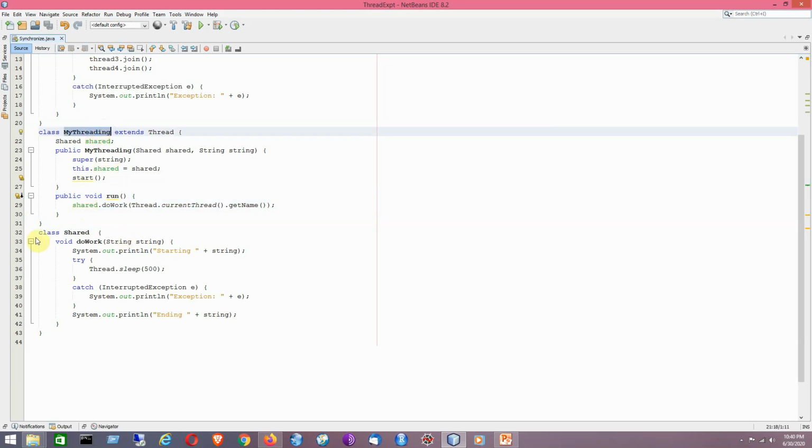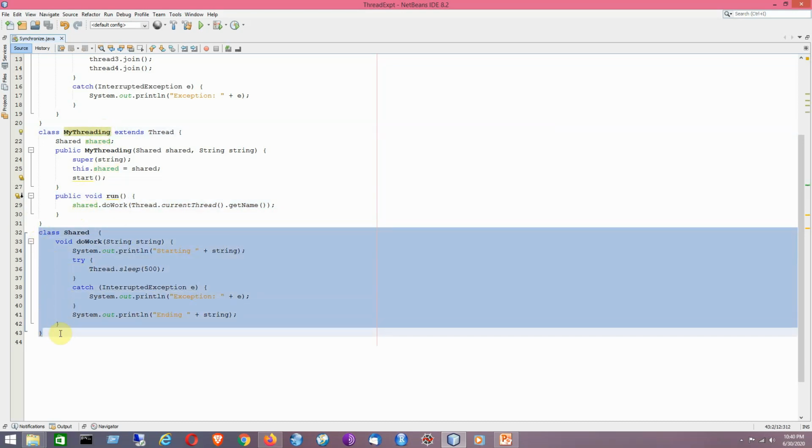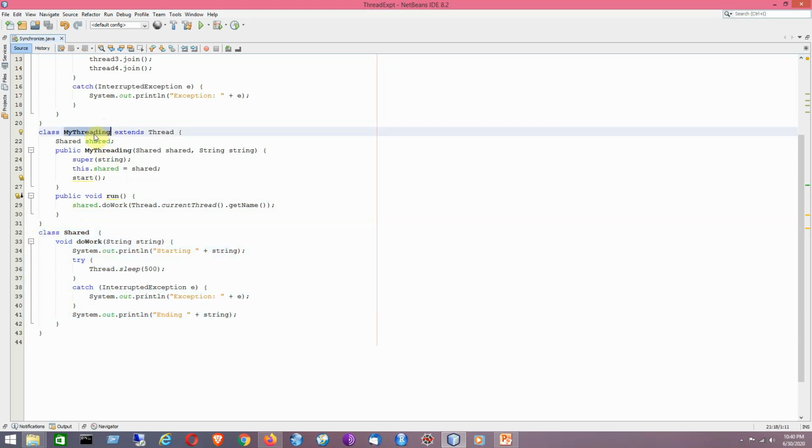So till now I have discussed the class for which we are going to create the shared object, and the class of the thread that will be using the shared class object. We have also passed a shared reference and the name of the thread as the second parameter.